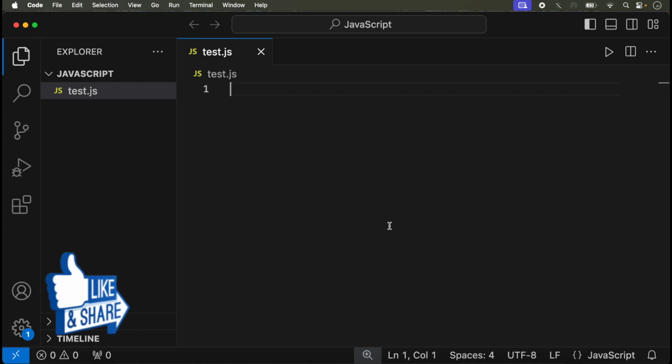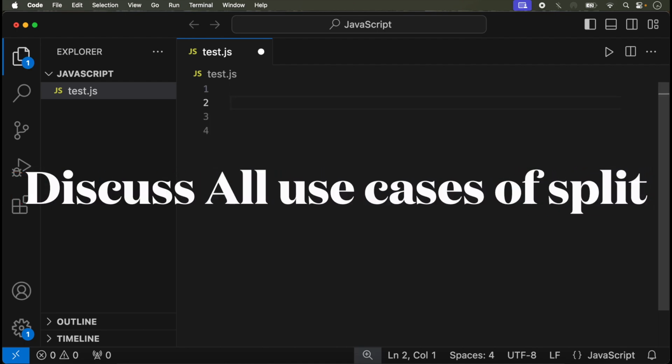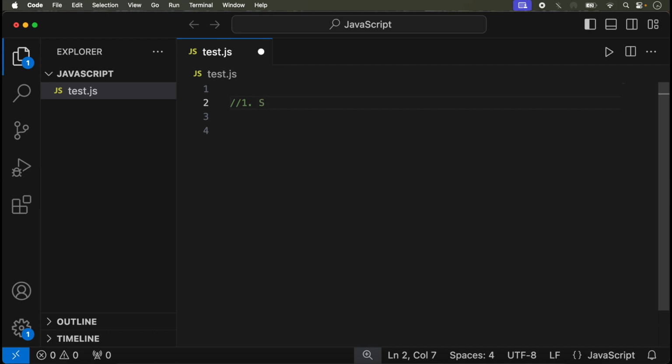So in this video we will see how we use the split method in JavaScript. The split method is a very popular method and we use it in React as well as in React Native. So in this video we will go through all the use cases of the split method. We use the split method in many scenarios. So first is the